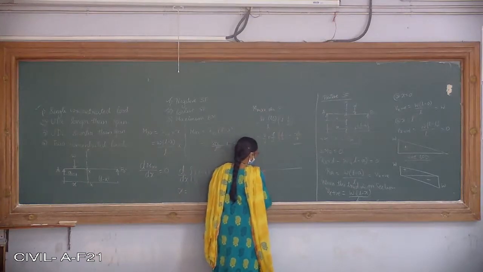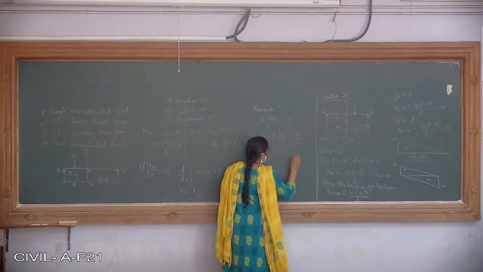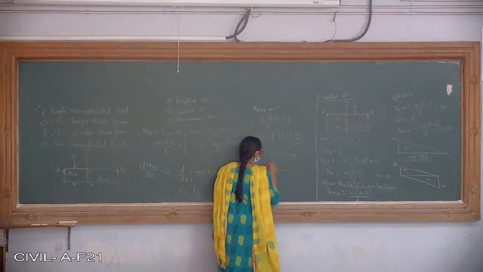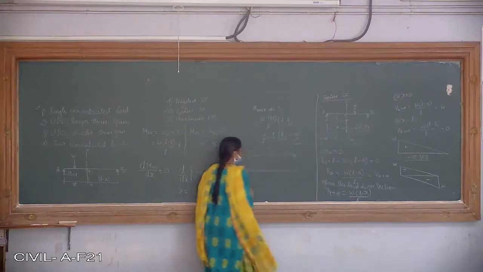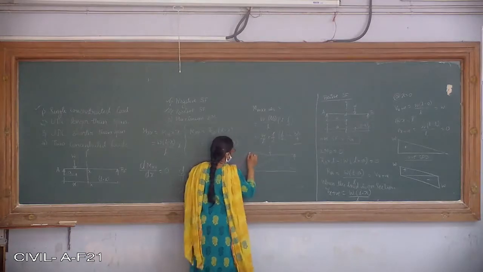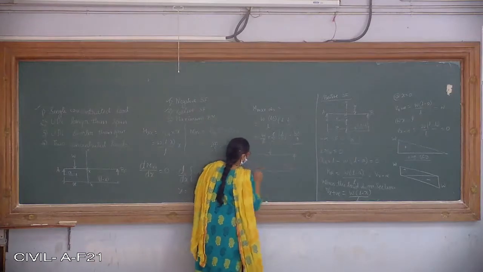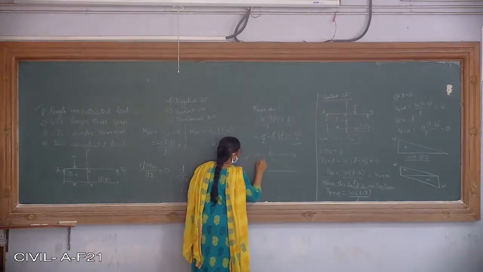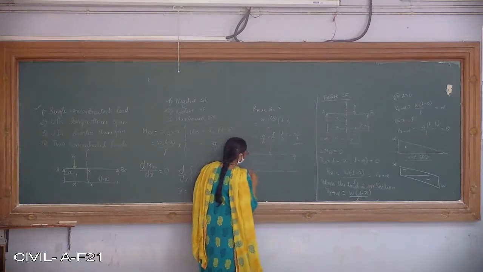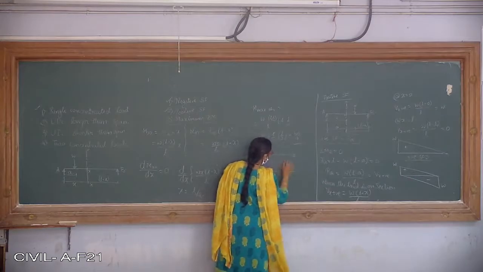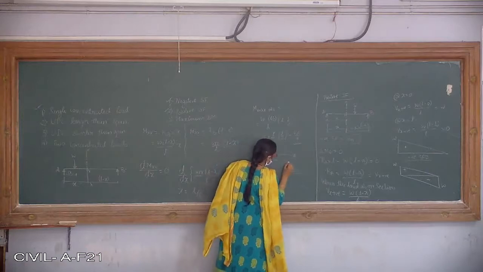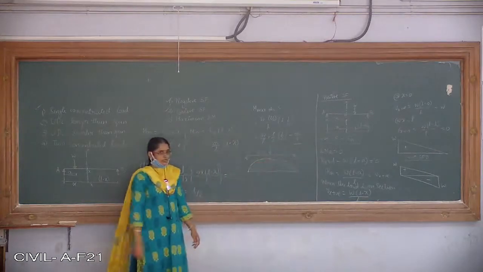Now earlier for a simply supported beam with a point load at the center, we used to draw the bending moment diagram, which was a triangular shape. Okay. So also here many such triangles will be coming as the load will move. Supposing the load is here, you have a triangle like this. Supposing the load is here, you will get a triangle like this. The load is here, you get a triangle like this, right? So also when the load moves this way, you are going to get the triangles. When you join the top of these triangles, that is the apex of these triangles, you are going to get something, a parabolic shape like this.